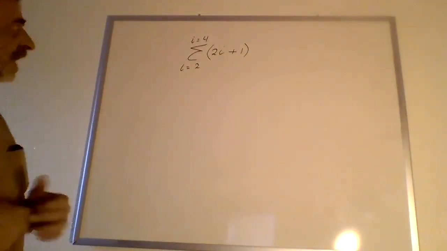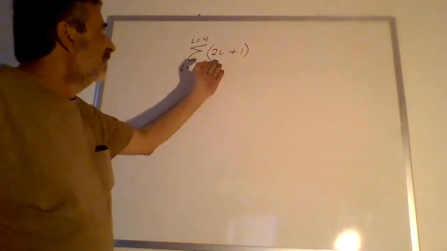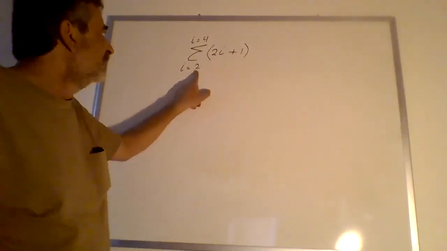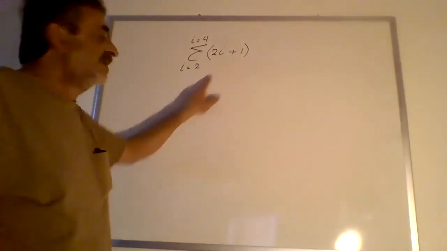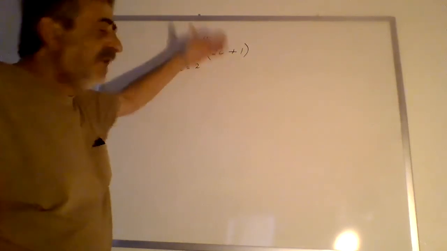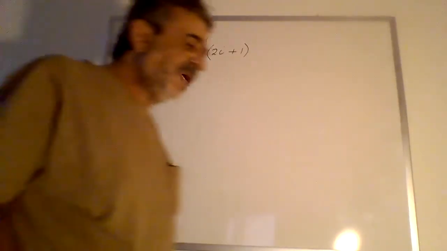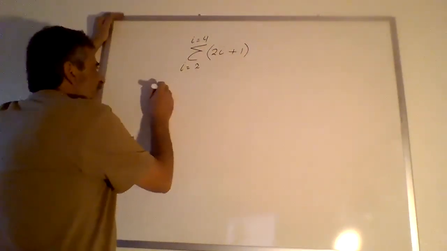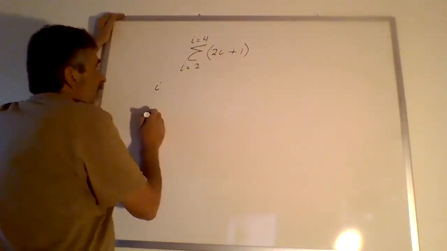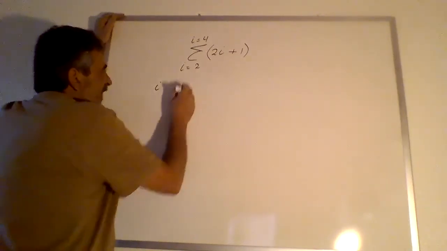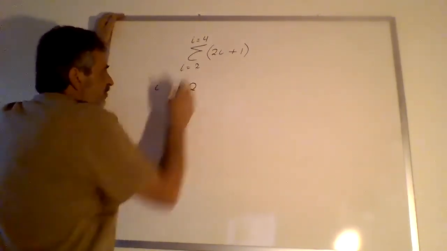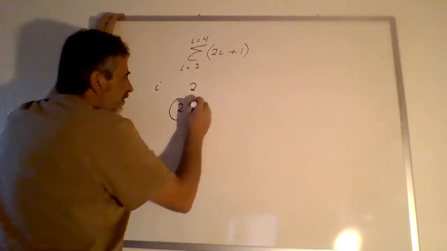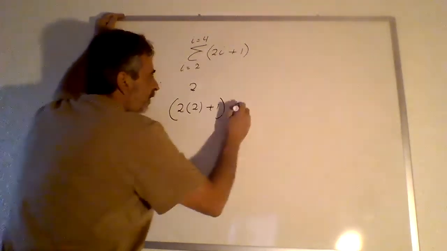So that means I need to figure out what number I get if I replace i by 2, replace i by 3, replace i by 4. And after that, I want to add all of these terms up. So let's write them one by one. When i is 2, the first term becomes 2 times 2 plus 1,